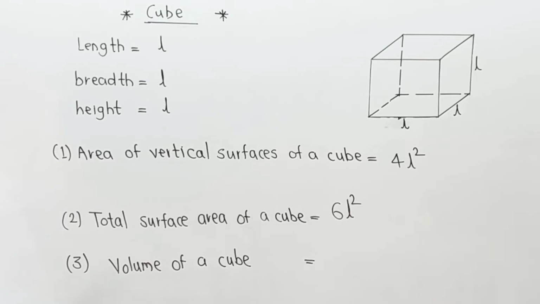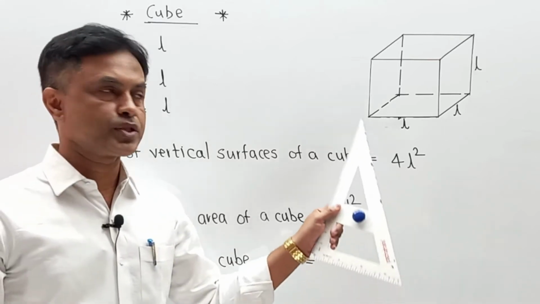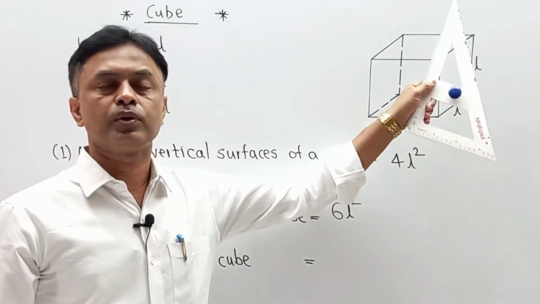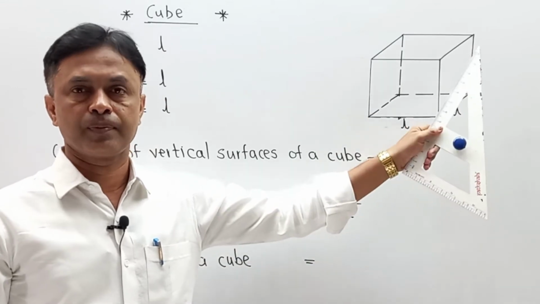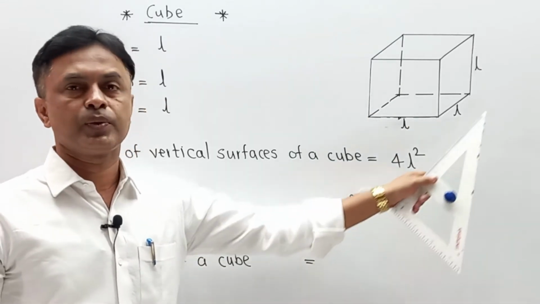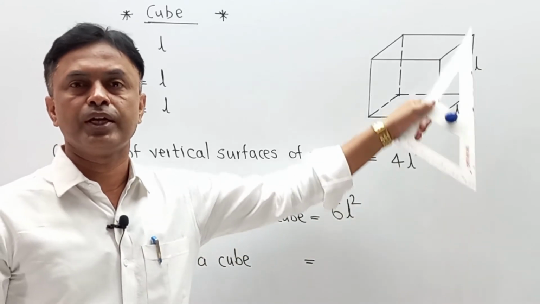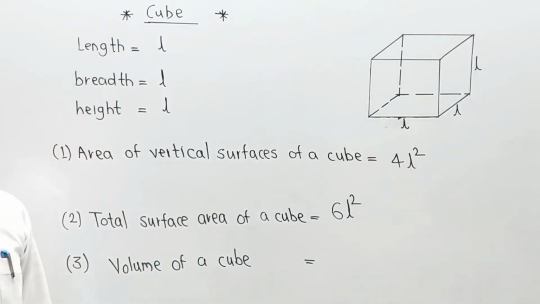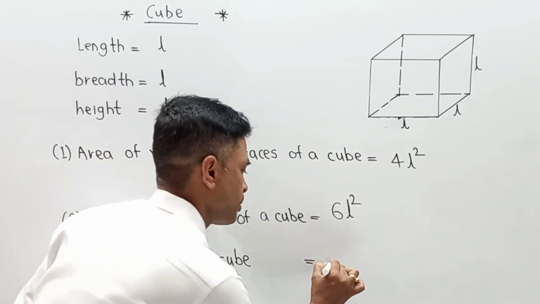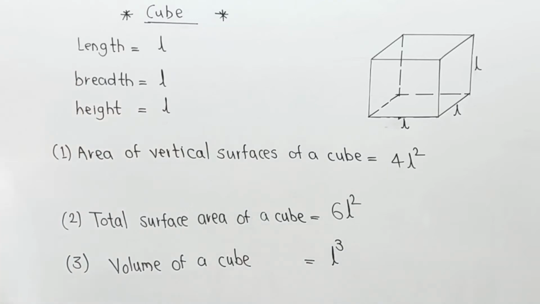Now the third part is the volume of a cube. Volume of a cube is nothing but length into length into length, or you can say L into L into L. If there is a value like 20, we are supposed to do 20 into 20 into 20, meaning any particular side of the cube. Here we have taken the dimension as L. So I am writing volume of a cube becomes L cube. In this way, all these 3 formulas are to be used while solving the numericals of the exercise. So this is the formulation for cube.